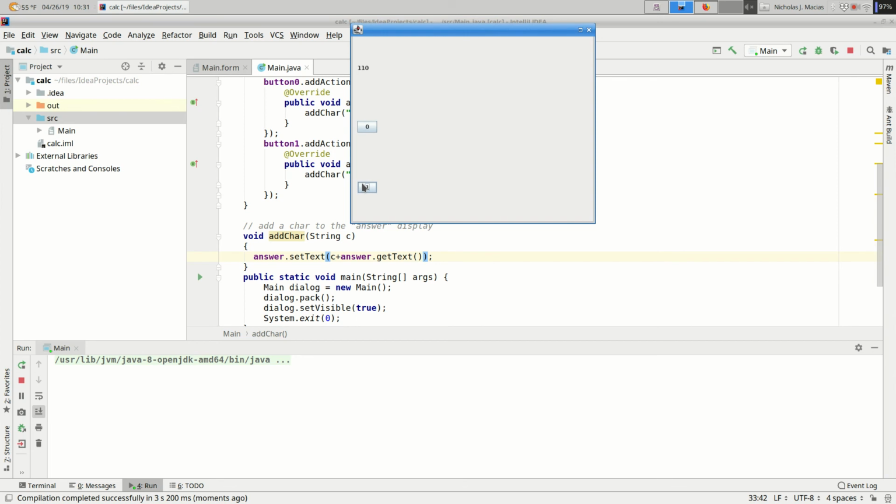So as I start hitting buttons, they start appending to the left. And they do that forever. And we don't have a delete button. What's going to happen? No, keep going. Let's see what happens. It's going to go off the edge of the screen.